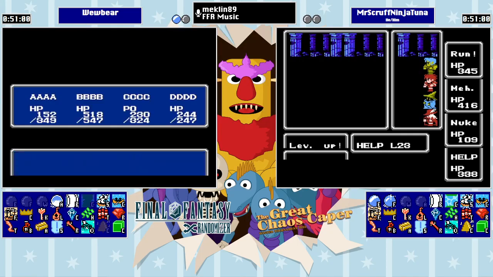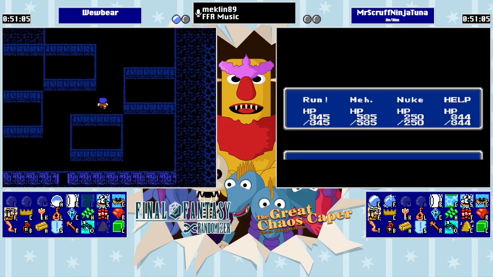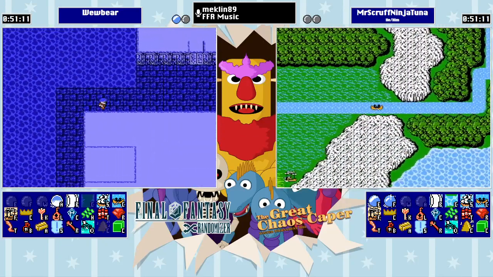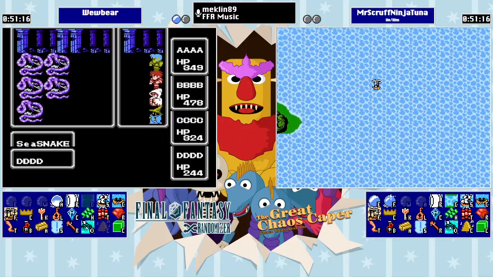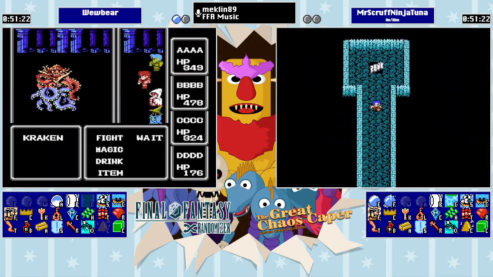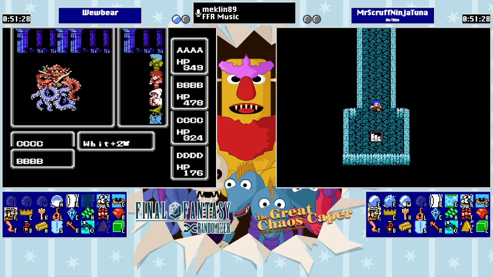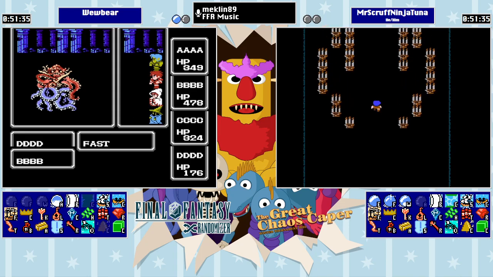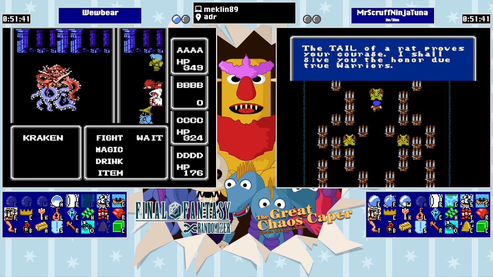Mr. Scruff pulling through Kraken. Menuing too fast for me to see shard count. But if memory serves me right, we should be sitting about 23 shards on Mr. Scruff's side. We're going to hit up that promotion. And if I had to guess, we're probably just going to make a beeline through Sky Palace. There were quite a few shards early on in Sky Palace, at least,